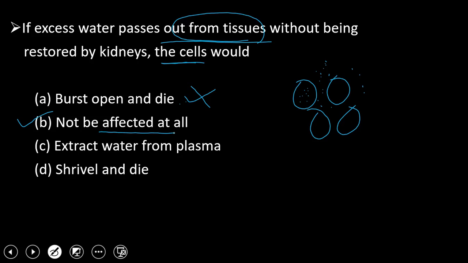Excess water in the blood affects the osmoreceptors, which are also present in the hypothalamus, and blood volume receptors, which are present in the left atrium. Particularly, this leads to the release of ADH hormone. So body hydration is also regulated by removal of excess water by the kidney. ADH hormone is ultimately released, which leads to the reabsorption of water, but no cell is affected at all.